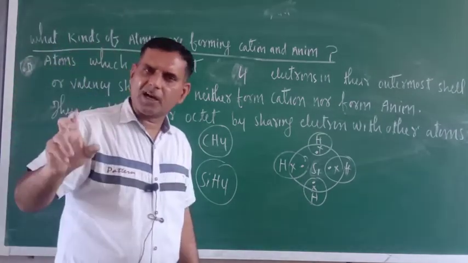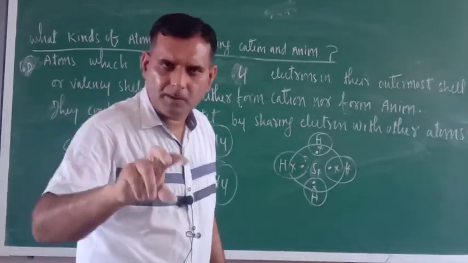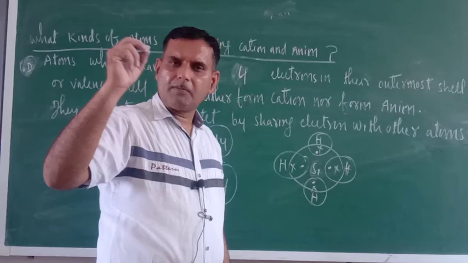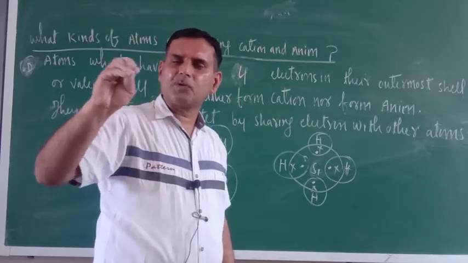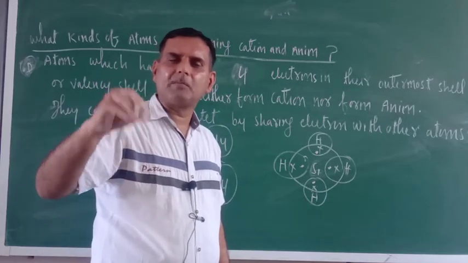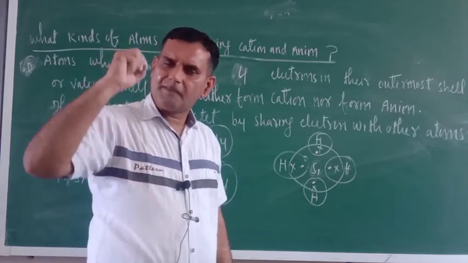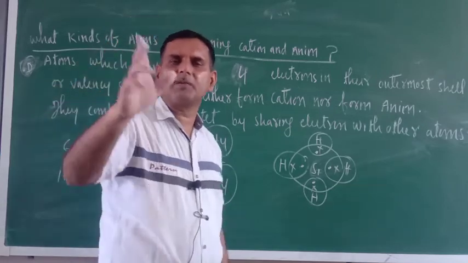If it is a neutral atom, you can say atomic number equals total number of electron or total number of proton. But in case of ions, ions means cation and anion, at that time what would be the definition of atomic number? Means what would be the definition of atomic number of ion? The number of proton which are present in the nucleus, that is the atomic number.